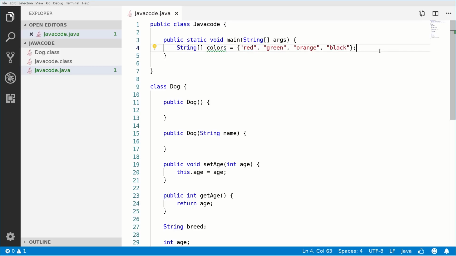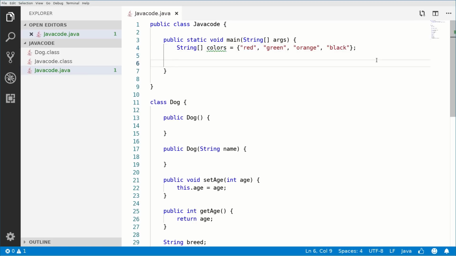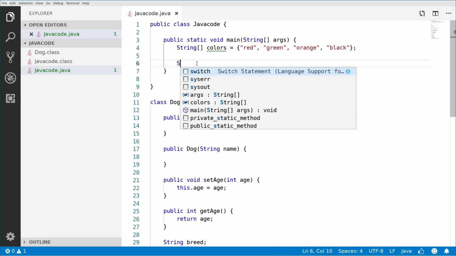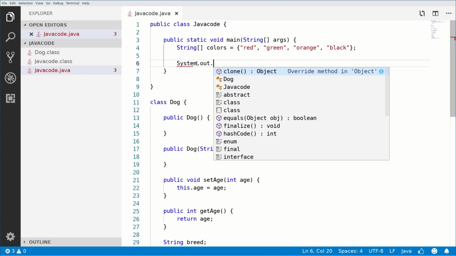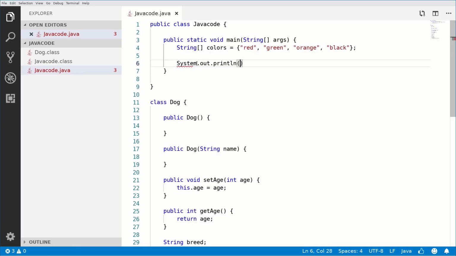And if we want to access one item of the array, we use what is called an index. So in computer science, we start counting from 0. So red would be at the index 0, green would be at the index 1, orange would be at the index 2, and black will be at index 3, right? So let's see if we can print this. So we're going to say system.out.println,